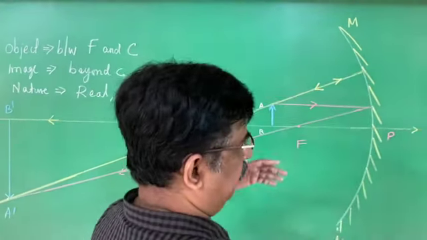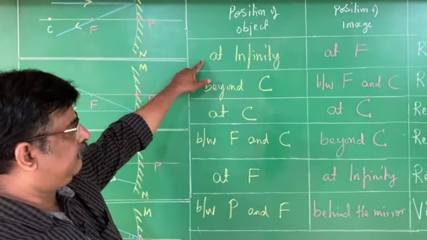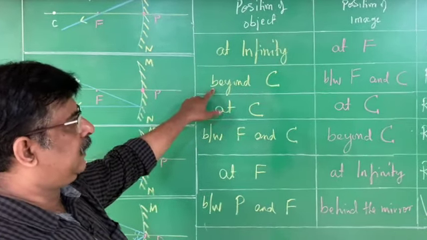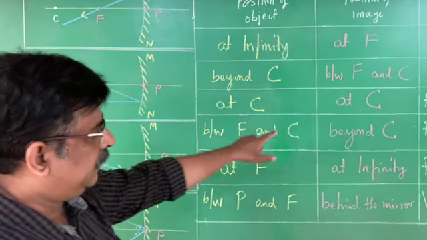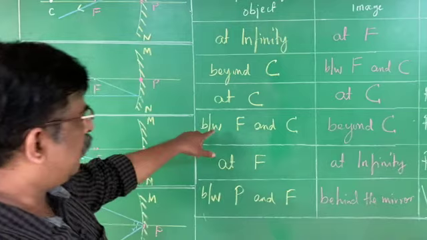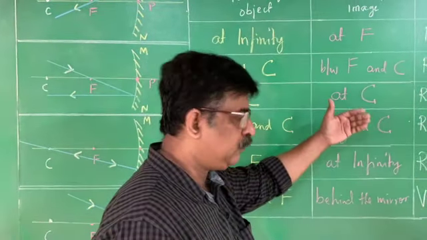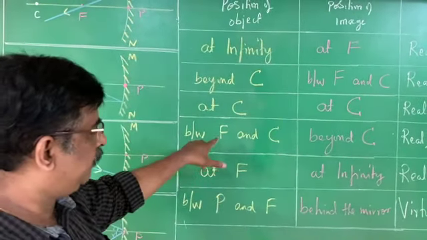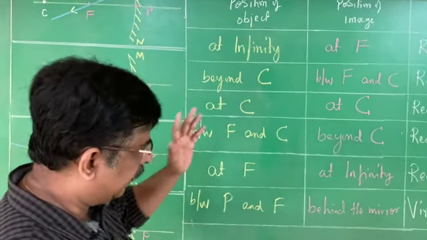Where the object is placed between F and C. Completed 4 ray diagrams: where the object is placed at infinity, the image is formed at F. Object is placed beyond the C, image is formed between F and C. When the object is placed at C, image is also formed at C. When the object is placed between F and C, image is formed beyond the C. When the image goes behind, the image has to be enlarged. Therefore, while drawing the ray diagram, you should be very careful because the enlarged image should come in your book. Therefore, you have to arrange it properly.